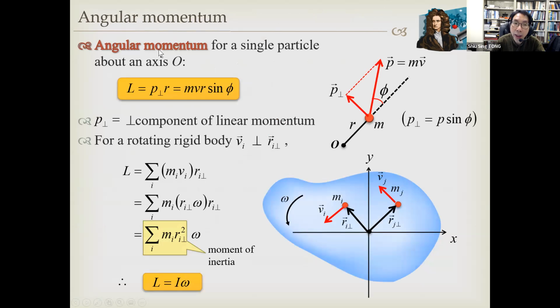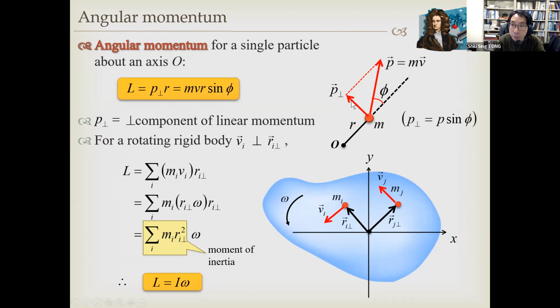Now, how do we define the angular momentum? We know that the linear momentum p is just mv. So how do we define the angular situation? Well, just like the torque. For the torque, you first resolve the force into its perpendicular component, and you multiply the perpendicular component of the force by the distance of that point of action from the pivot. That is how you define the torque. Now we do the same thing for the angular momentum. We first take the linear momentum mv, and then we resolve the linear momentum in a direction perpendicular to the distance from the pivot,